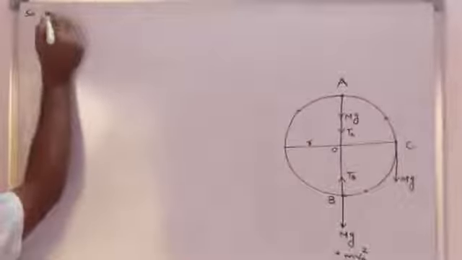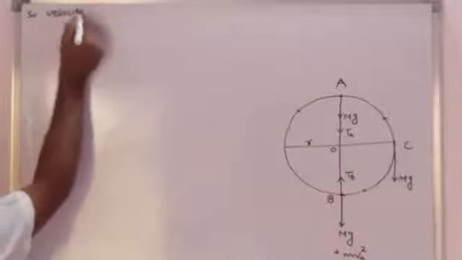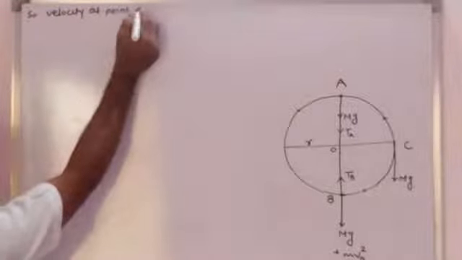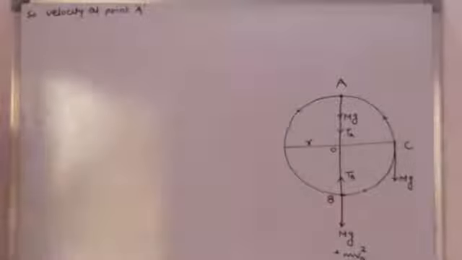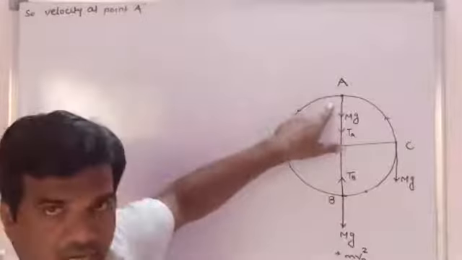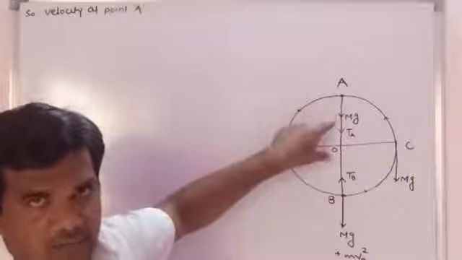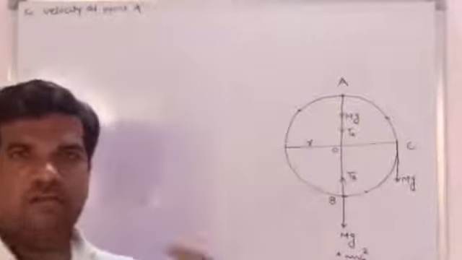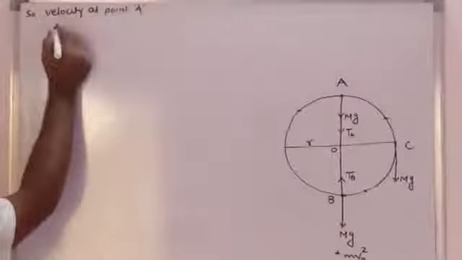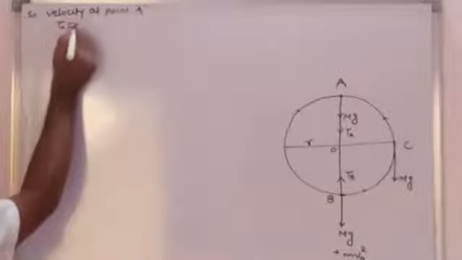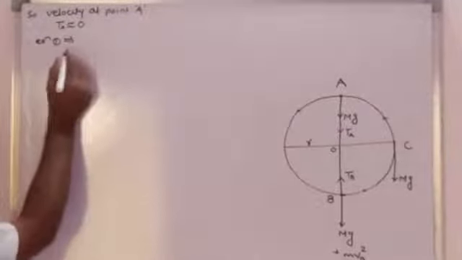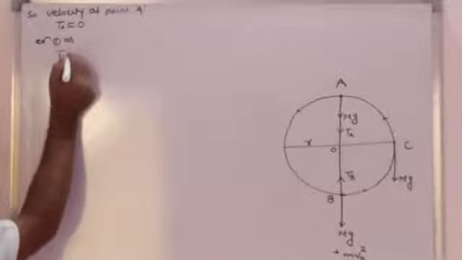So velocity at point A. Now at point A, the string becomes slack, and therefore tension acting on the particle at point A is equivalent to 0. Therefore Ta is equivalent to 0, and therefore equation 1 implies that Ta is equal to